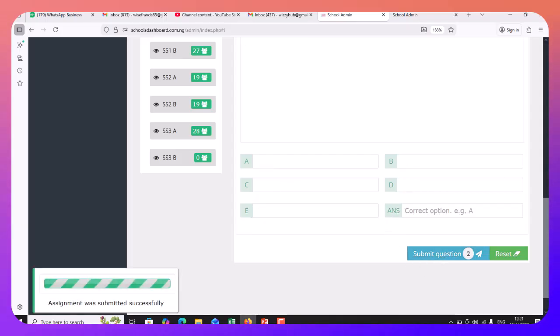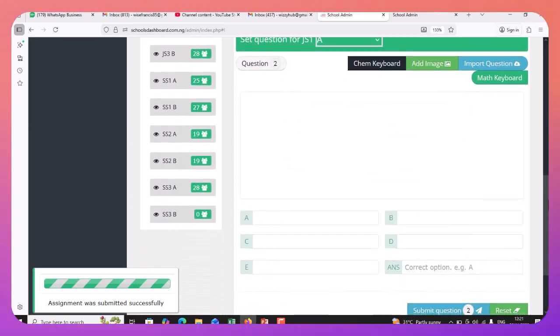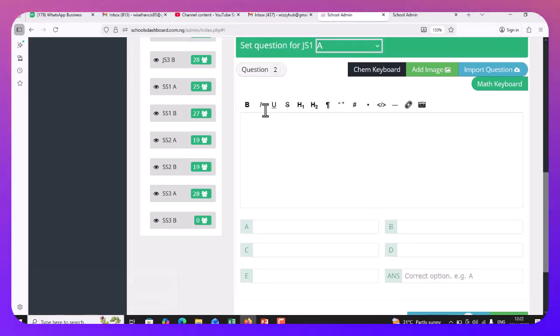You will notice that question 1 has been submitted. You don't need to do any of all these settings here again. The settings are done once. Then you come down to question 2, type question 2,